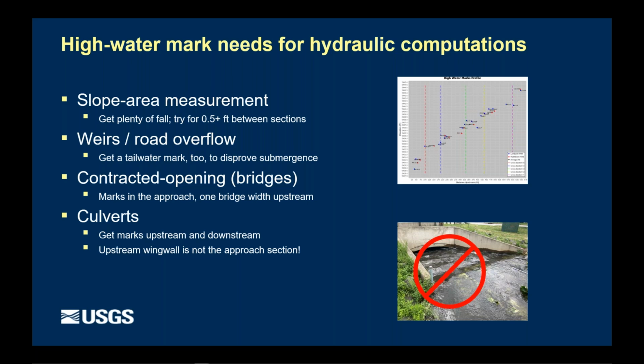The backwater caused by this culvert is not fully in effect by the time we've gone from the upstream face of the culvert to the upstream end of the wing wall there. The backwater is actually going to occur further upstream as we get into that wider channel section. There's a lot of constriction between that approach section, say 15 feet upstream or whatever, and the upstream end of the wing wall. So we've got a lower water surface here than what's realistically